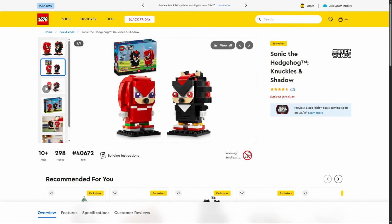Alrighty guys, so now we're going to be going over some retired LEGO sets from 2024, 2023, varying in prices, and I'll be getting some screenshots of sold prices on UK eBay and US eBay as well. So we're going to start off with one of the cheaper LEGO sets, which I think was a great investment